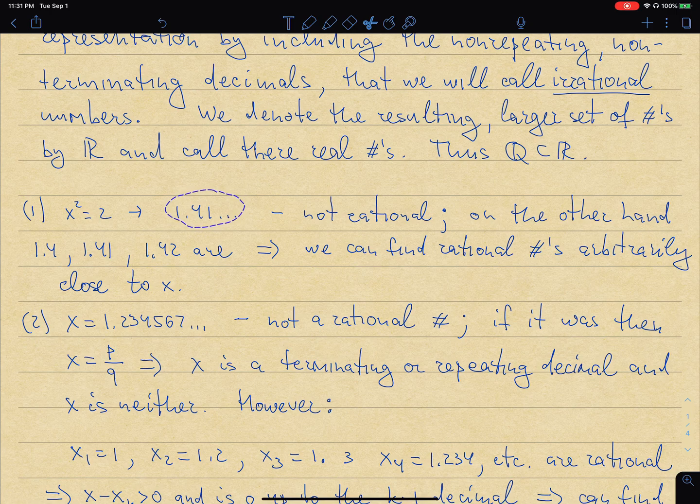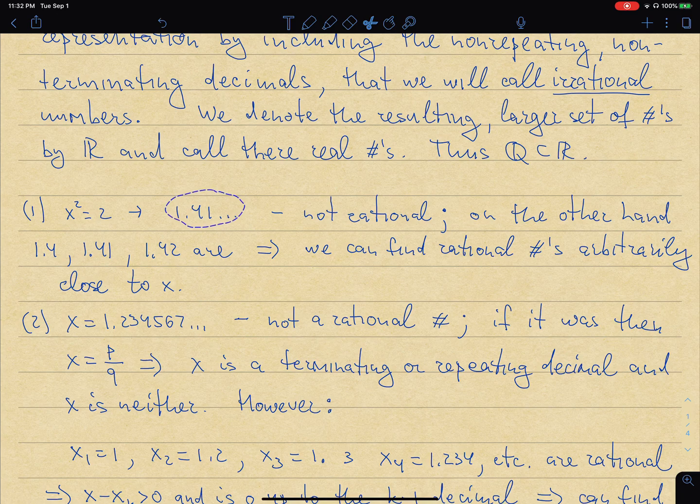But I can make the following observation. If I take 1, 1 is certainly less than 1.41, and 1 is rational. 1.4 is less than 1.41, and it is rational. 1.41 is going to be less than the square root of 2 because the remainder, the decimal part after 1.41, is going to be something greater than 0, clearly, right? So by looking at 1, 1.4, 1.41, I get rational numbers which are closer and closer to my irrational number,